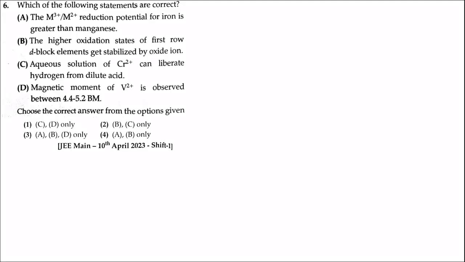Which one of the following statements are correct? A. The M3+ to M2+ reduction potential of iron is greater than manganese. This statement is wrong because reduction potential for manganese is greater than iron. B. The higher oxidation states of first row d block elements get stabilized by oxide ion. This statement is correct because the higher oxidation states of the metals are shown in their